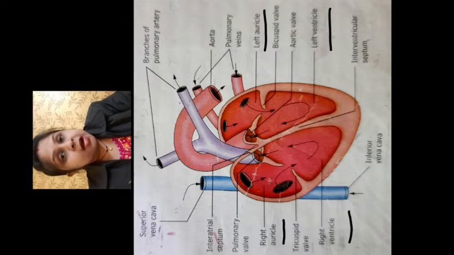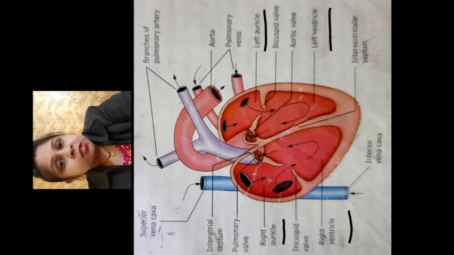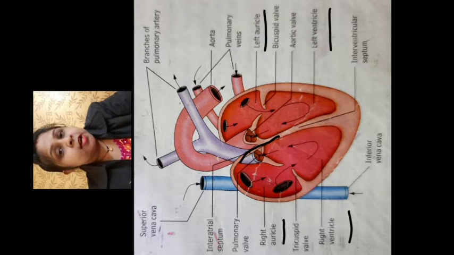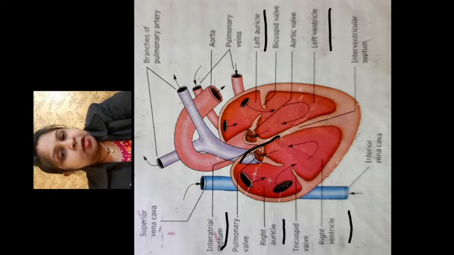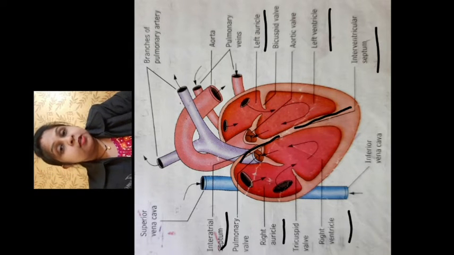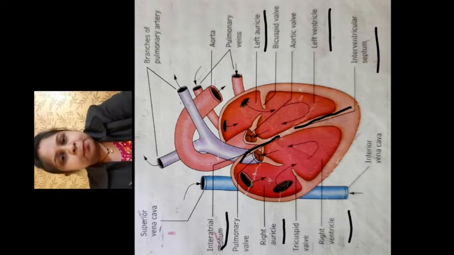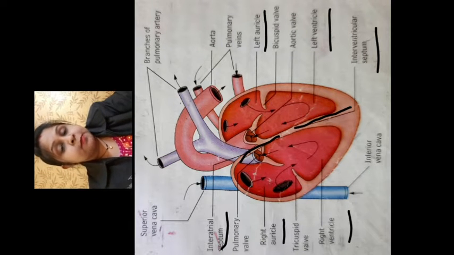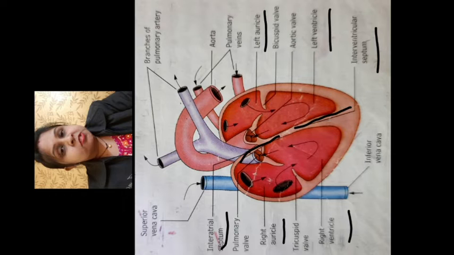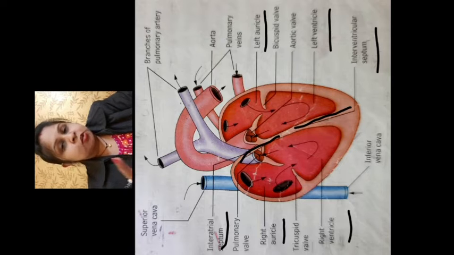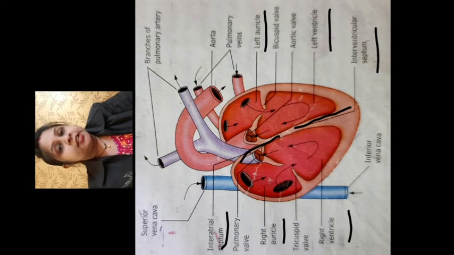The upper two chambers are separated by a fibrous thin wall. You can see over here this one, the fibrous thin wall, and it is called the interatrial septum. The lower two chambers are separated by a fibrous thick wall, as it is marked over here, that is called the interventricular septum. The upper two chambers and the lower two chambers are separated by these fibrous thin and thick walls. The deoxygenated and oxygenated blood enters from different sides of the heart. These walls help in preventing the mixing of the oxygenated and deoxygenated blood.